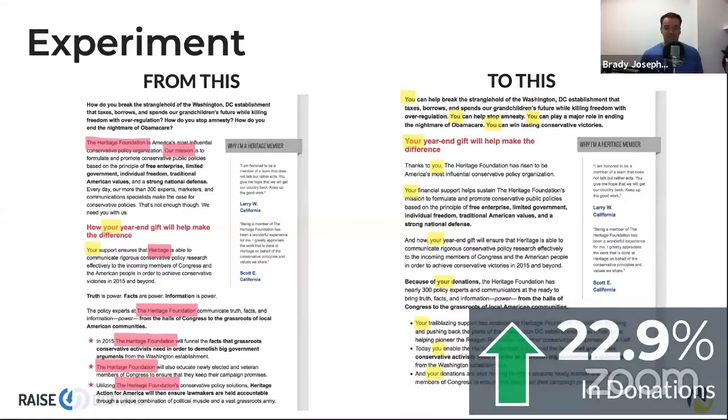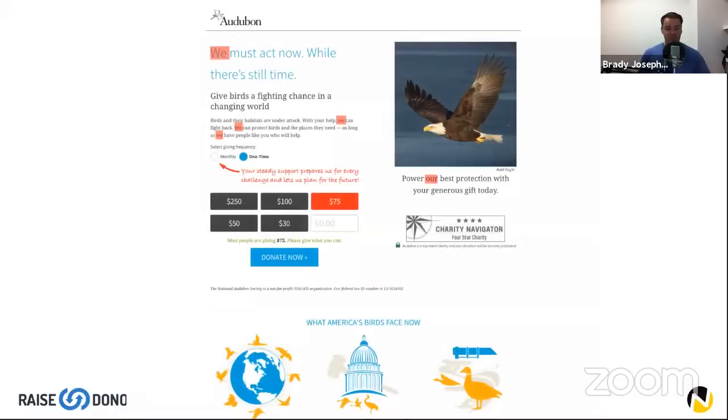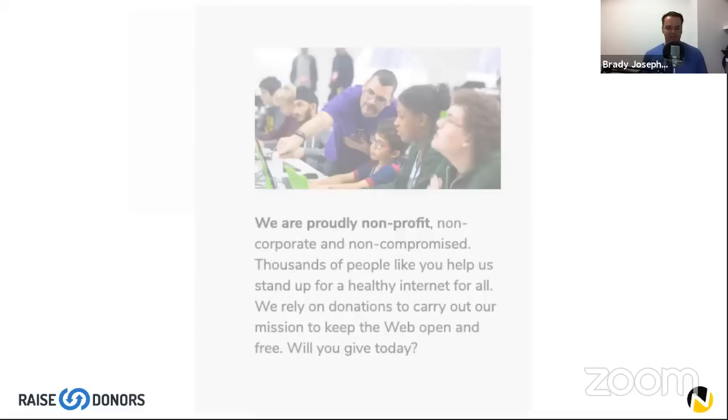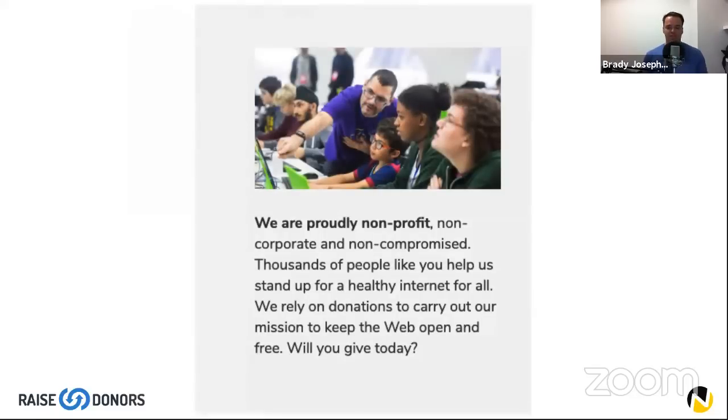And we see this even with good examples. If we look at those good examples again, this is that collective we, which can go either way, but some of this is we must act now, we can fight back, we can protect birds. Well, what do I do? I want to protect birds. I want to give a generous gift to power protection. We can't help but take ourselves, we can't remove ourselves from the equation like this. We are proudly nonprofit. Is that really what you want to lead with? What can I do? So you can help us, you can give, but